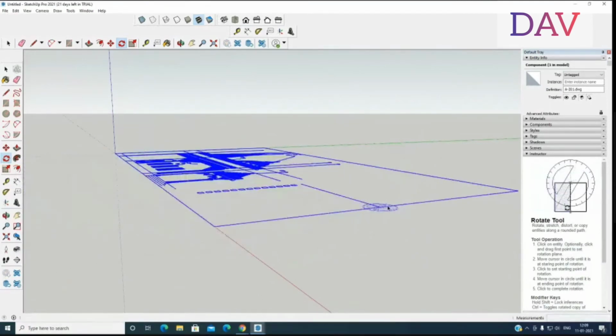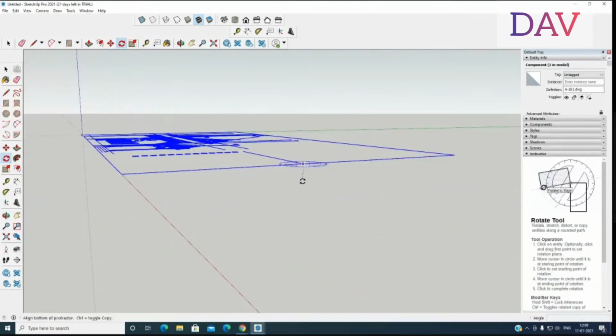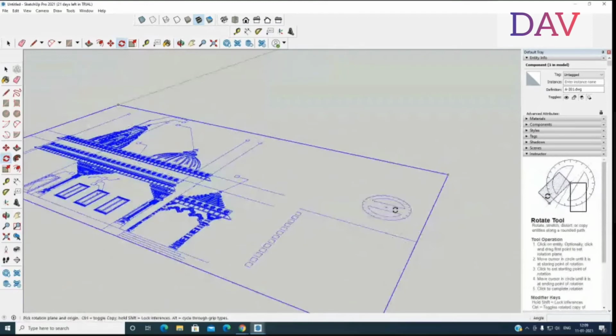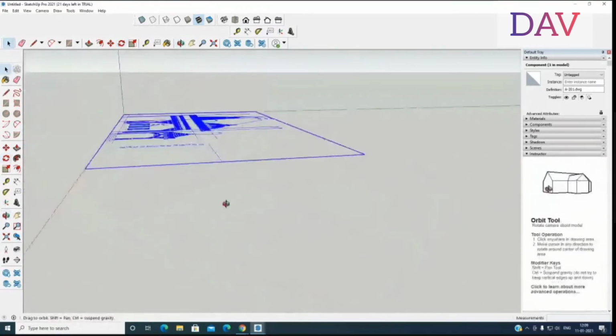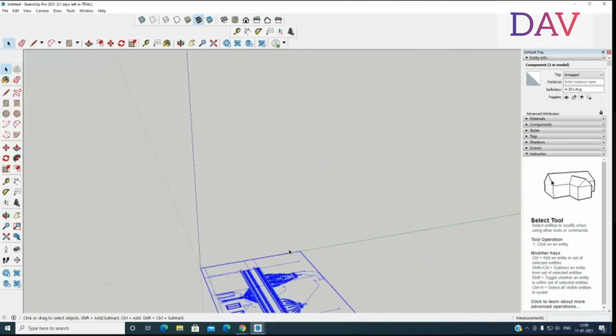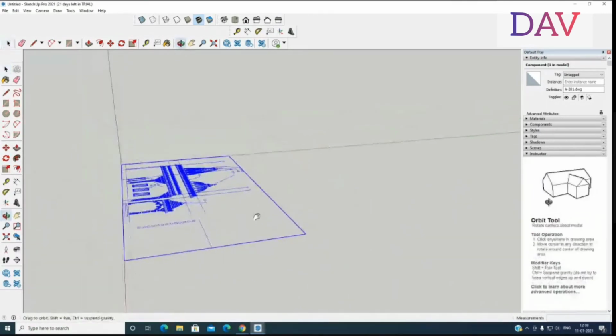Along with that, if I want to change the rotation, I will show it in a different view.